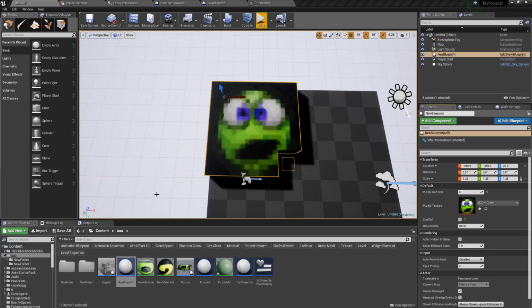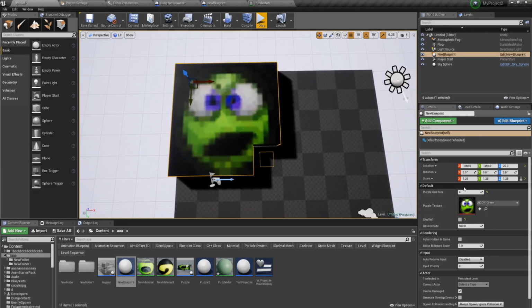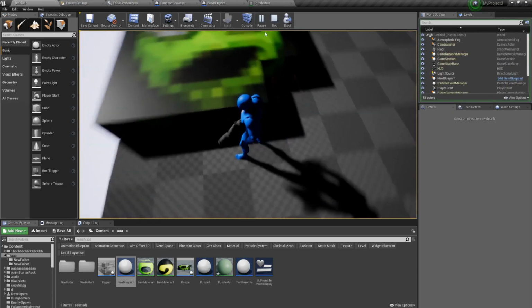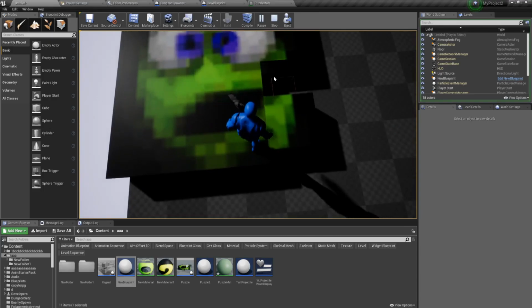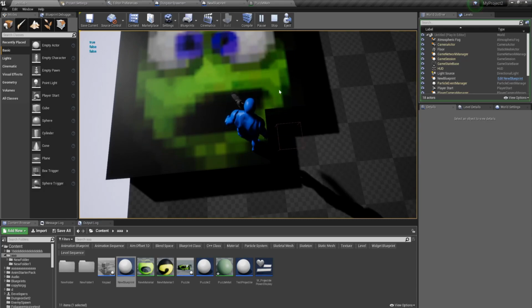Hello everyone, today I'll be showing you how you can make your own slide puzzle with all kinds of different options that you can modify. As you can see, we go into play mode, you can hop on the puzzle, start clicking it, and it moves around. And when they get into the right position, we get true up here, which shows that we've